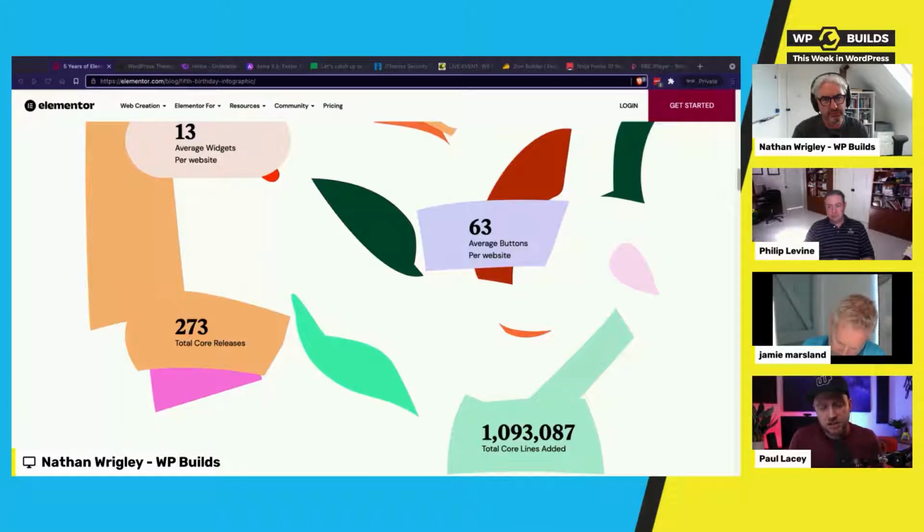I think the answer is that Elementor and WooCommerce combined are growing WordPress, but if you take those two out, is WordPress actually a bit stagnant if you take those two killer apps out of the picture? I just wanted to throw that out there: if Elementor went and did the thing that everybody thinks it's going to do, which is potentially fork WordPress one day and go out on its own,